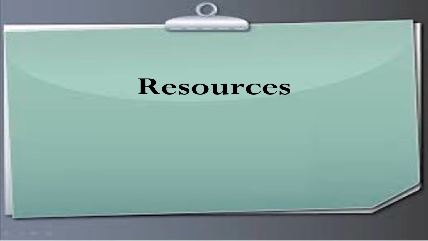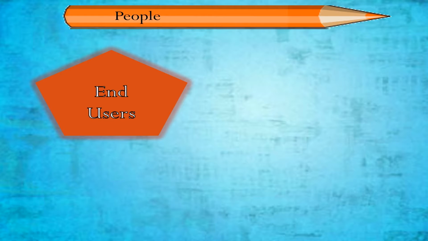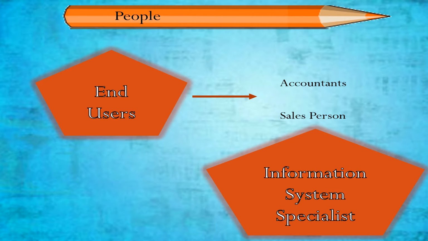Now, what are the resources which are used in information systems? Number one, people resources. These include: 1. End users such as accountants, salespeople, customers, and clerks. 2. They also include information system specialists such as programmers, system analysts, and computer operators. The second type of resource